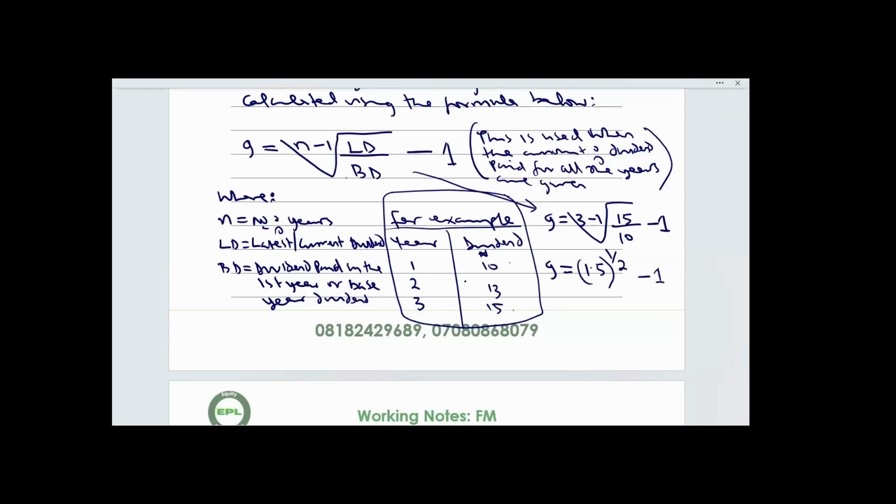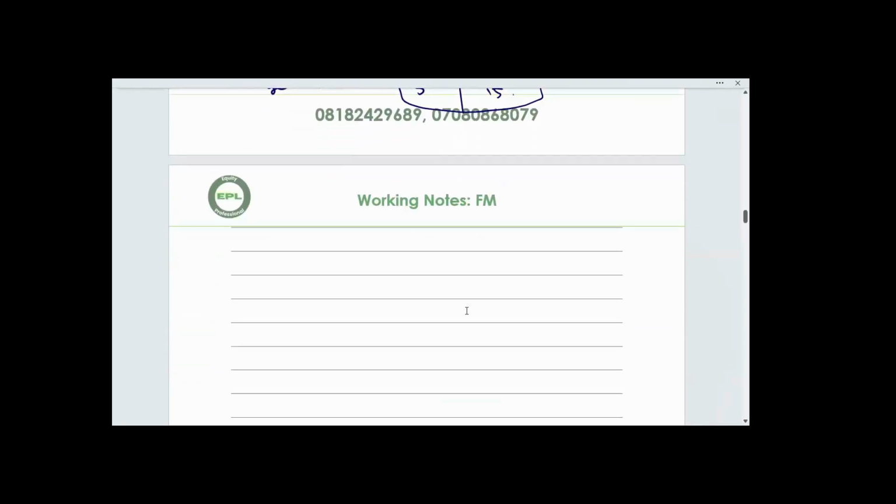So I will get my answer, whatever it is that I get in my calculator. That's my answer. All right. So this is how to calculate growth rate. So you use this particular formula if the history of dividend paid across all relevant years are given to you, like in this case. Now, the second formula,